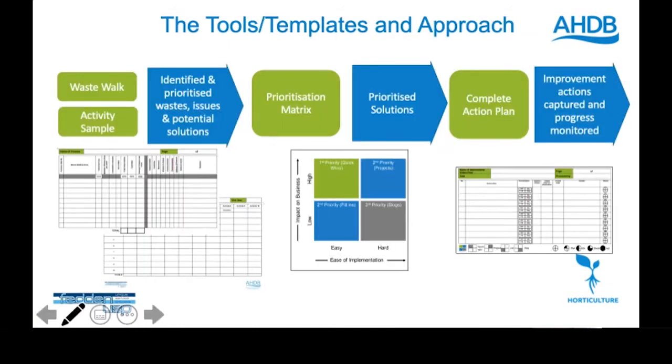And this is basically that approach summarised on a page. So we did waste walks, identified and prioritised the solutions. Once we've got those prioritised solutions, we then put those onto an action plan. And then the action plan is just a way of tracking progress through on those individual projects and those individual actions,